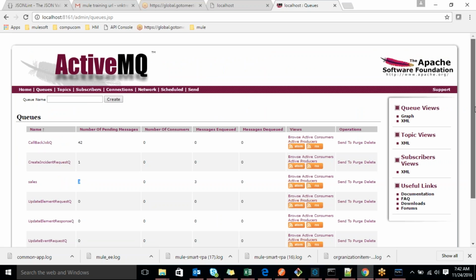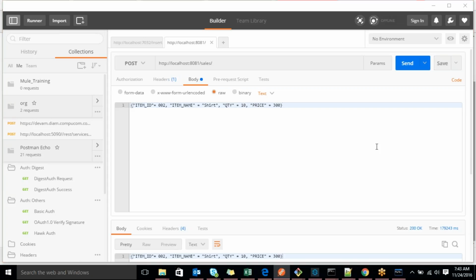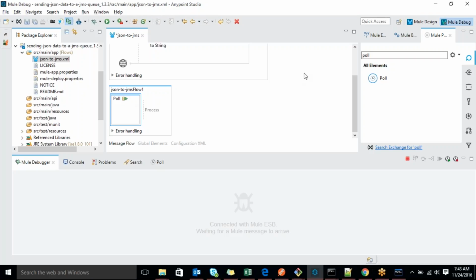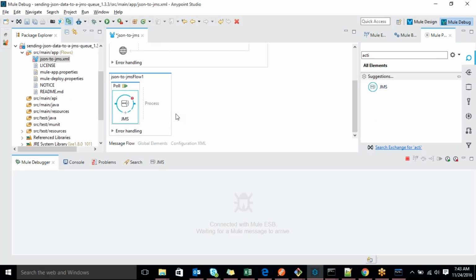Okay, so that is about JMS queue. Any questions as of now? So the database is done. The next one, JMS queue, is also done. If you want to show me that pull message, then we'll discuss that one also. You can also try it. Just create one poll. In the poll, we can keep it active. Do you have this pub-sub concept? Publish, subscribe. Yeah, that one only. With that configuration setup, we are subscribing actually. At that time, we can pull that message.